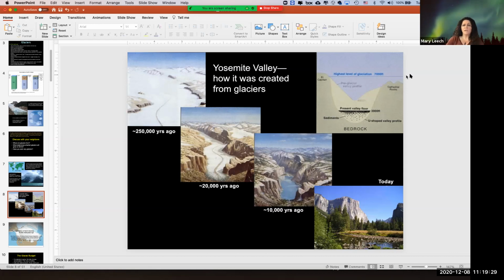No, because elevation, that should be like 12,000 feet at that height, or at least 9,000 feet. No, that has to be the height of the ice. That's really thick. It's going from 3,900 feet to 7,000 feet. It's thousands of feet thick. That's huge. Anyway, there's a lot of sediment on the valley floor too, and that's why it's flat today. But if you were to remove that sediment, you would see a beautifully carved U-shaped valley. Today, it's a flattened U, but it's still there.